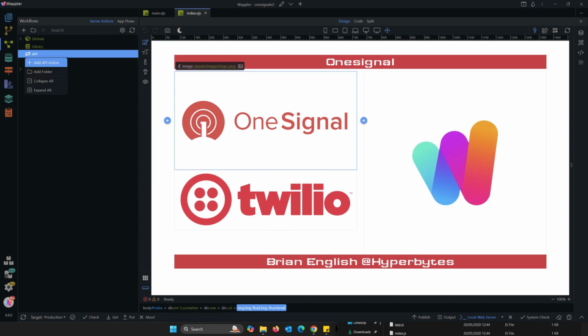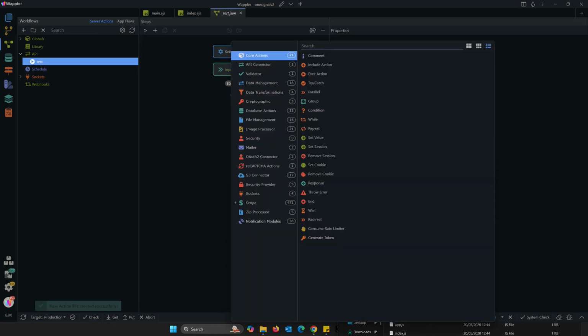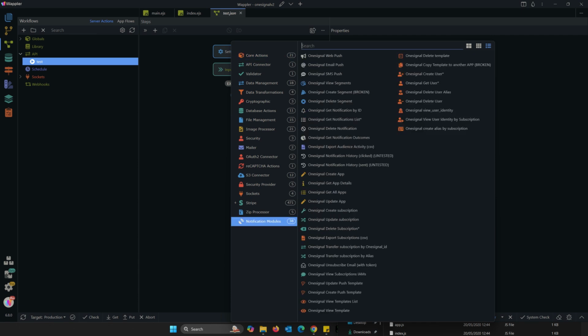If I just quickly create a random API action, you'll now see that the notification modules are there, and we can see all of the appropriate OneSignal actions that I've created, and we'll be working through them one by one, or the important ones, so we can cover the likes of your web push, your email, SMS,